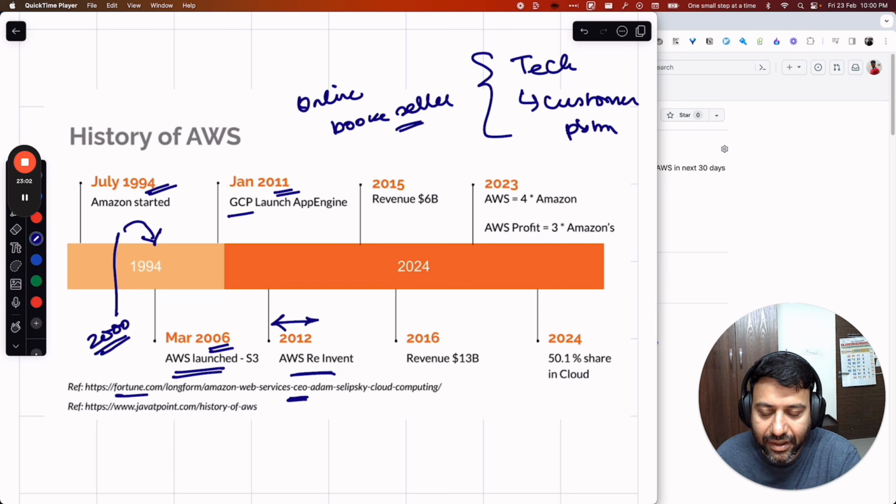They conduct sessions, make announcements, and launch different services as a yearly event. That is called re:Invent, and it's happening even today. They became very mature in the cloud computing platform. And to give you some sense of the growth,